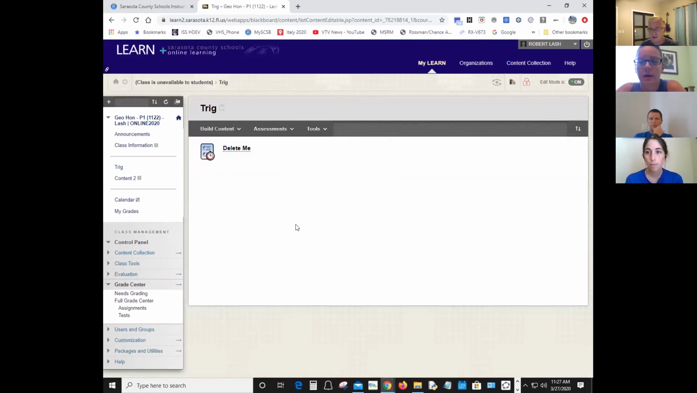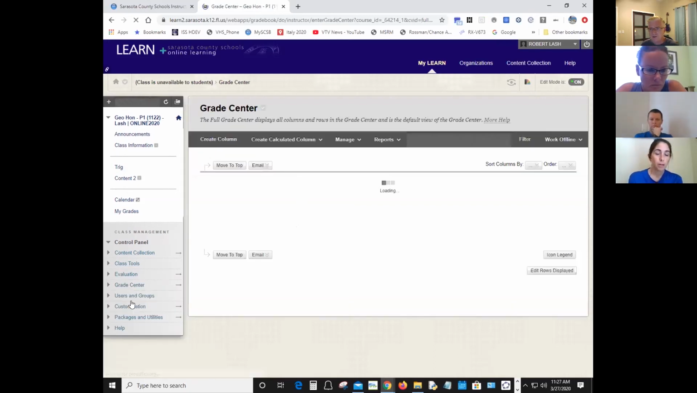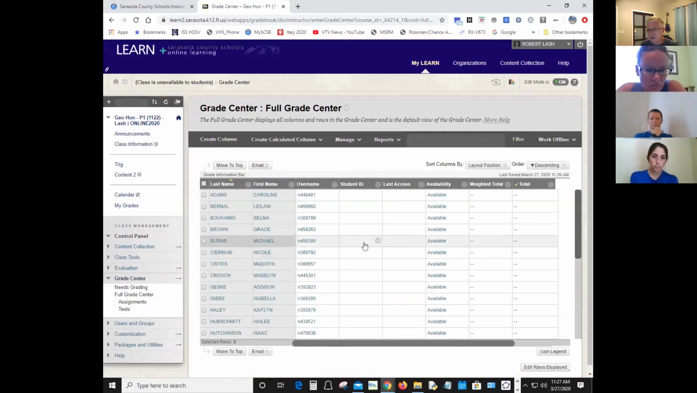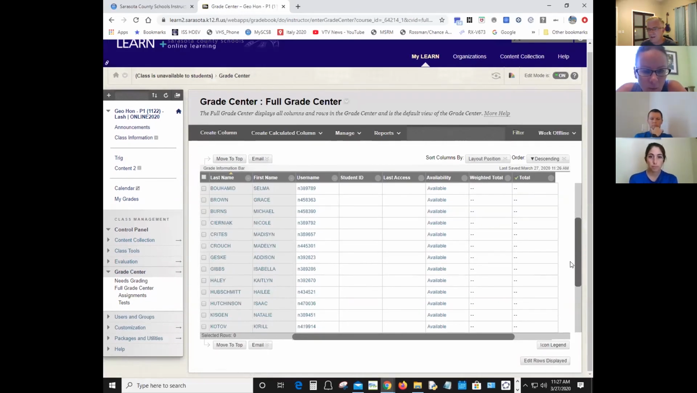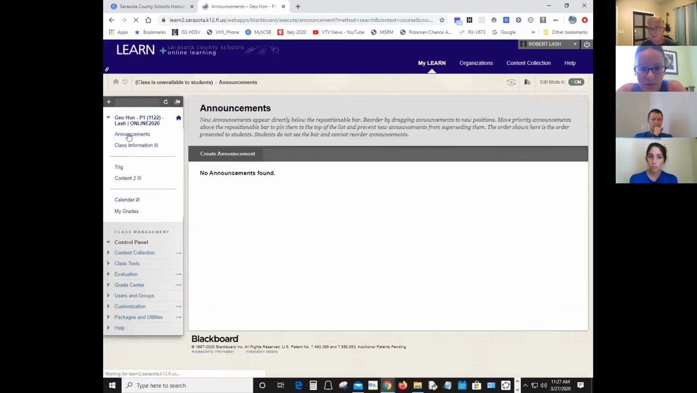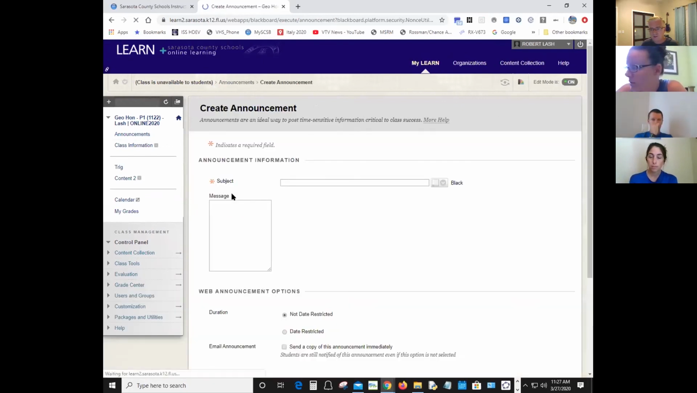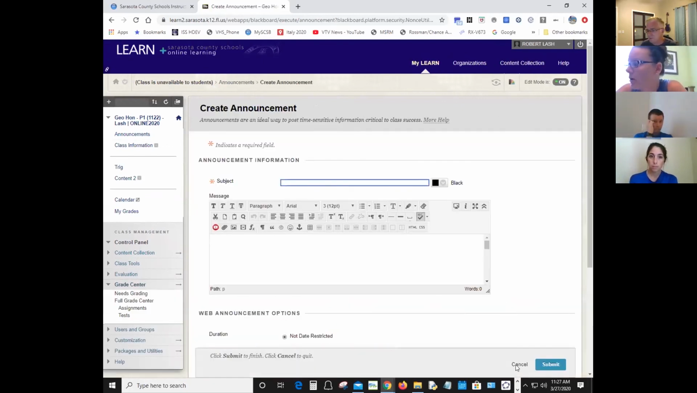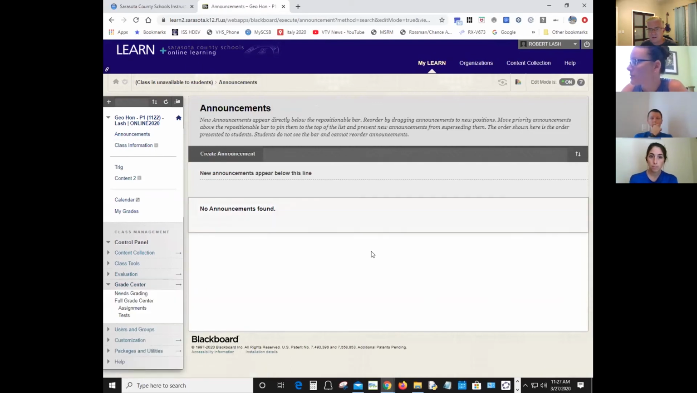Okay, so we don't have to add them. That's amazing. Yeah, so if you go to Grade Center, where's Grade Center? Here it is, Grade Center, and then click on Full Grade Center. Here are all my students that are in my period 1 class. So they're already there. All they have to do is log in, and whatever you put, like you could create an announcement and give them some of your insight, and they'll see it whenever they log on. So anyway,